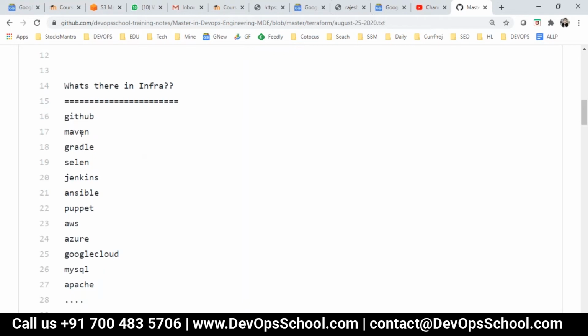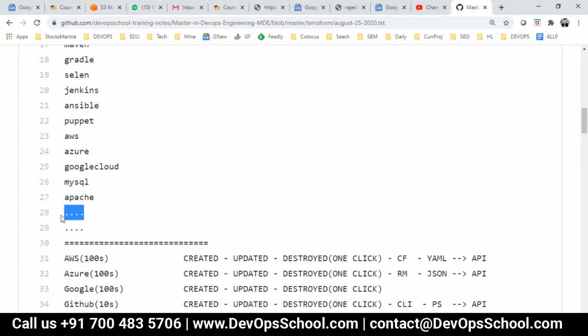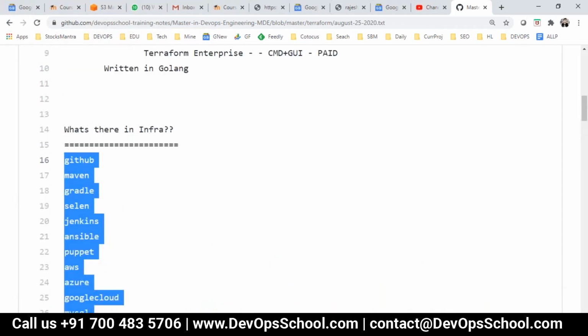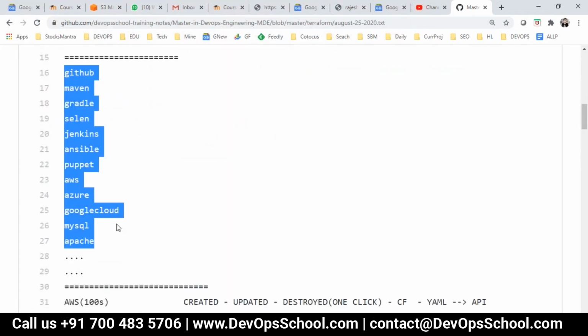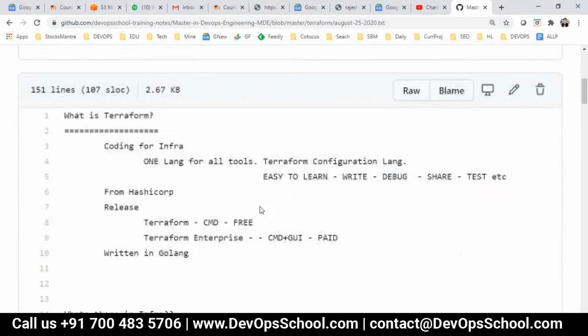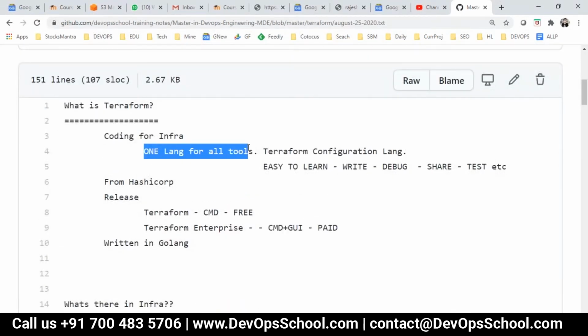So you may be using GitHub, Maven, Gradle, Selenium, Jenkins, Ansible, Puppet, AWS, Azure, Google Cloud, MySQL, Apache, dot dot. Hundreds of tools you'll be having in the SDLC cycle, but how to automate end to end? Because these are the infrastructure tools, right? So how can you code for all these tools, but with only one language for all the tools?